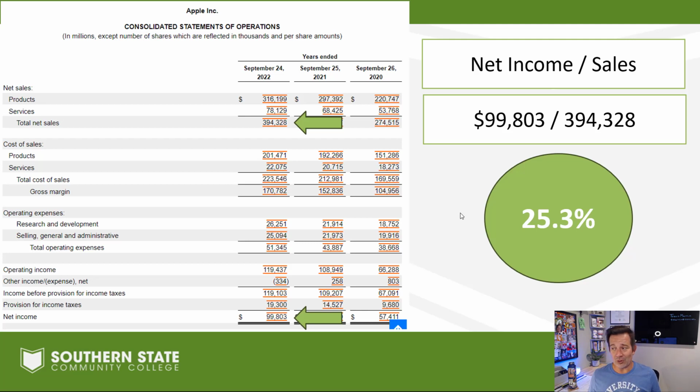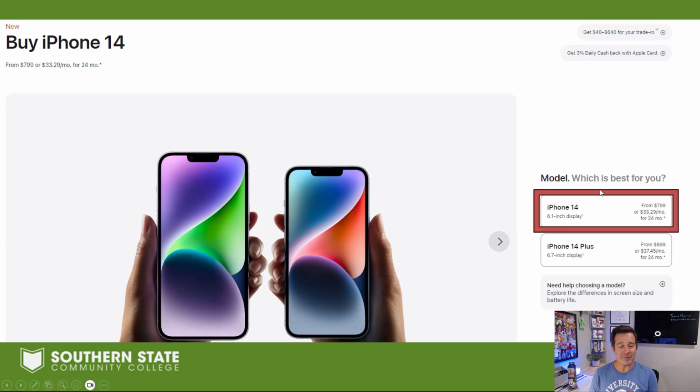Wildly profitable. If you've got an iPhone in your pocket or maybe sitting in front of you, and you probably paid maybe $800, maybe $900, $600 for that iPhone. Think about that in context of Apple's net profit margin or return on sales. 25%. What that means is if you bought an iPhone 14 and you paid $800 for it, you bought it